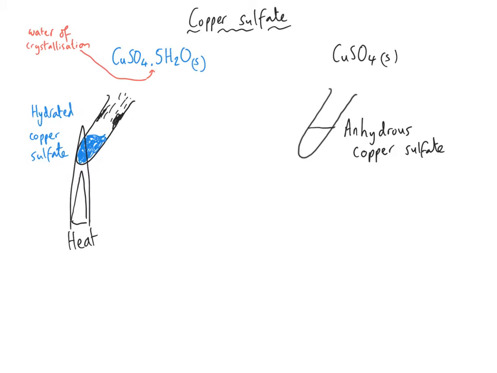So copper crystals with water attached to them are blue, hydrated. Copper that has lost its water is anhydrous, and those crystals are white. If we were to turn this into an equation, we would need to balance it by adding the 5 water molecules that have escaped. Again, if we were to do this in a chemical reaction and write the equation,